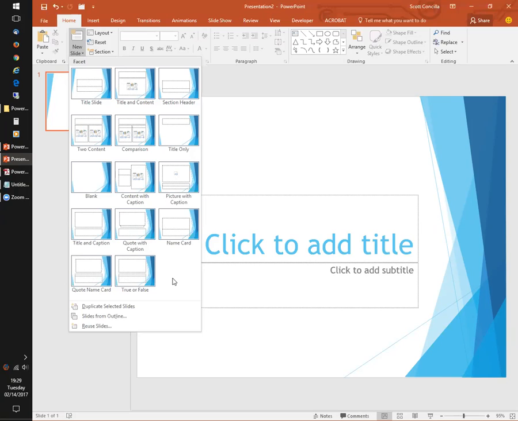So sometimes when you click on the new slide button, you may see more layouts in one theme than you do in another. So don't be surprised. Right now in the facet theme, you can see I've got 14 choices here. I could create my own, and we'll talk about that a little bit later.